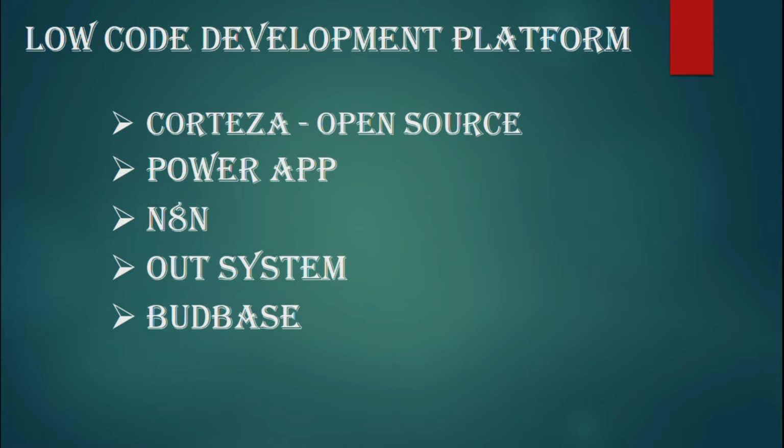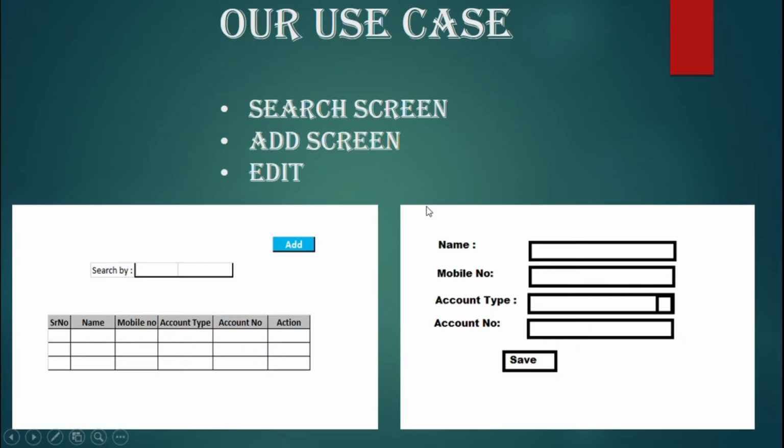I can suggest Corteza. It is open source and very easy to use. And then next I can suggest OutSystems. So today we are going to create a use case, which is shown on the screen, for Corteza. I wanted to create an application where I have a search screen, I can add information, and I can see the information in a grid. So let's